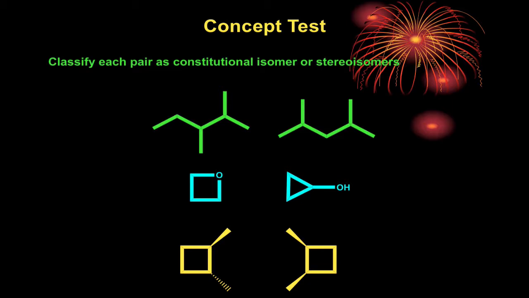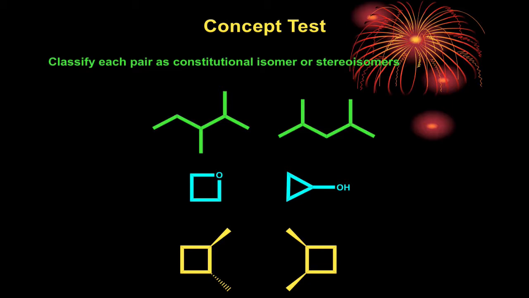So let's do a quick little concepts test. We got a green pair, a blue pair, and a yellow pair there. Tell me whether or not each of those pairs are constitutional isomers with respect to one another or stereoisomers with respect to one another. The green pair, they are constitutional. I noticed that there are the same number of carbons, the same number of hydrogens, but they